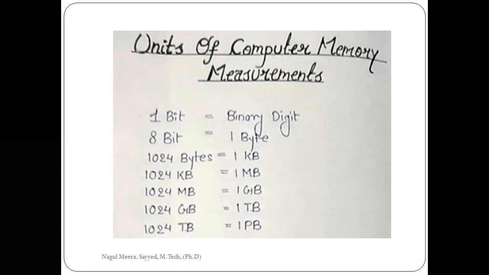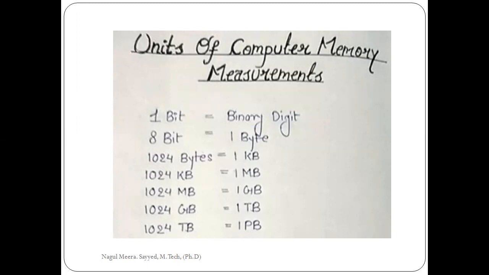1024 kilobytes are called 1 megabyte. 1024 megabytes are called 1 GB. GB stands for gigabytes. 1024 GBs are called 1 TB, 1 terabyte. 1024 terabytes are called 1 PB. These all are called